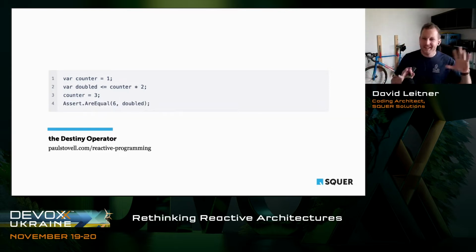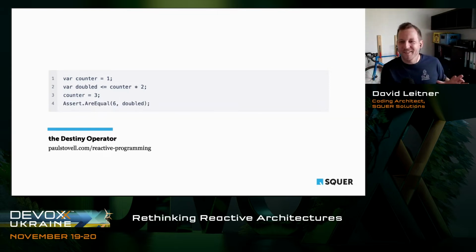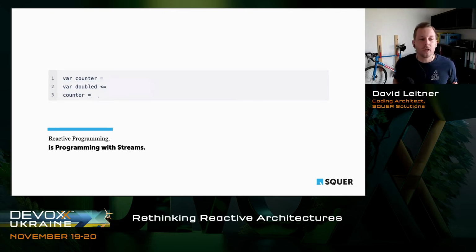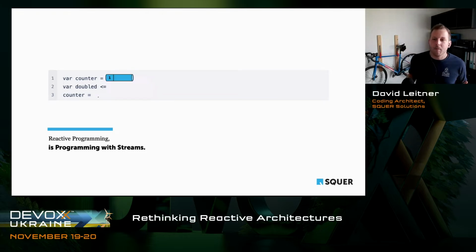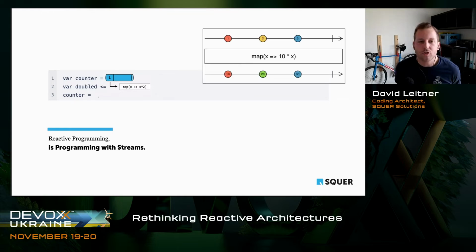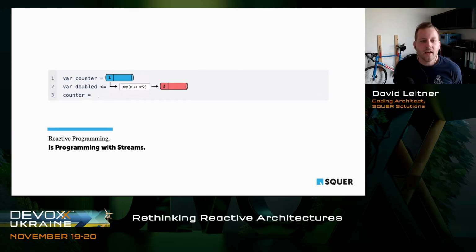Yeah, I didn't want to take too much time from you to explain this, but that's what reactive programming is all about. And what has this to do with streams? Well, usually we implement this with streams, right? Counter would be a stream, doubled would be a stream projection. So basically we map the counter stream, multiply it by 2, and that's an stream operation, which is very simple, taking one stream, multiplying it by 2, having another stream, right? And this usually then results in a result stream, which is then basically 2.